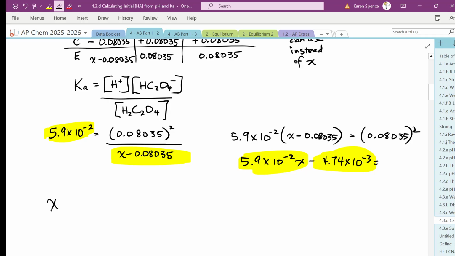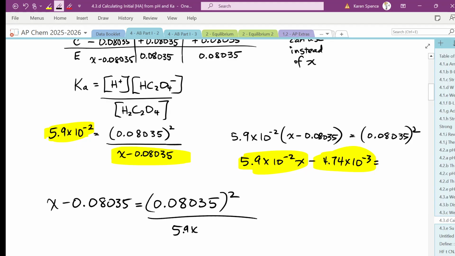Okay, so we have now x minus 0.08035 is equal to 0.080. You'll still get the right answer doing it the other way, but it's just less efficient, over 5.9 times 10 to the negative 2. Okay, so we now got squared divided by 5.9 times 10 to the negative 2 equals